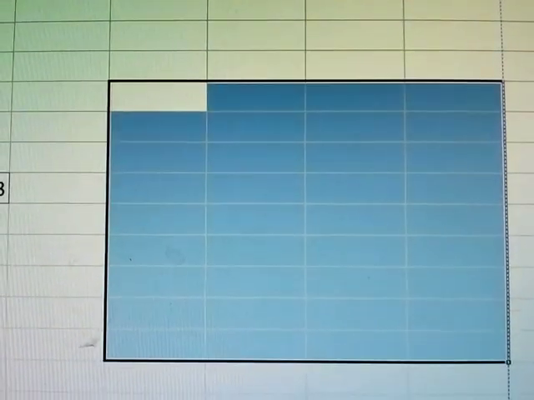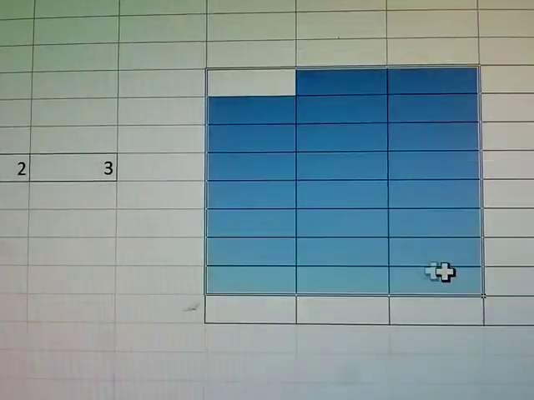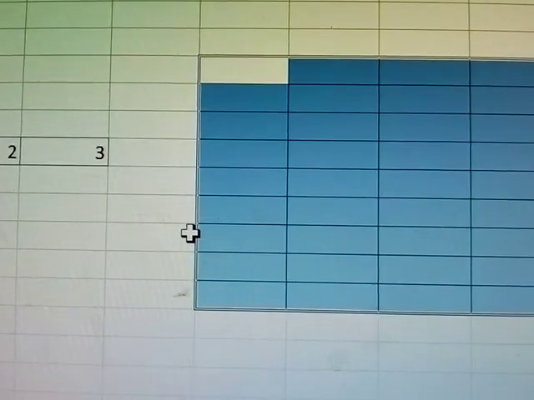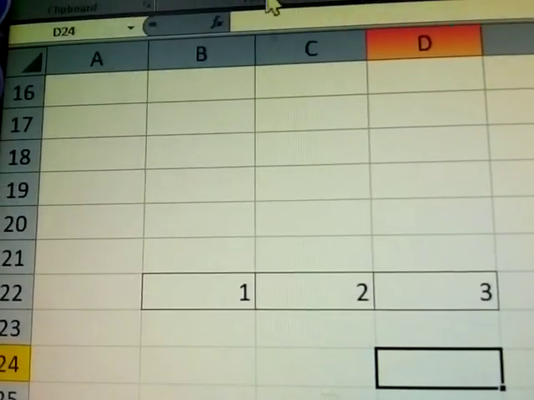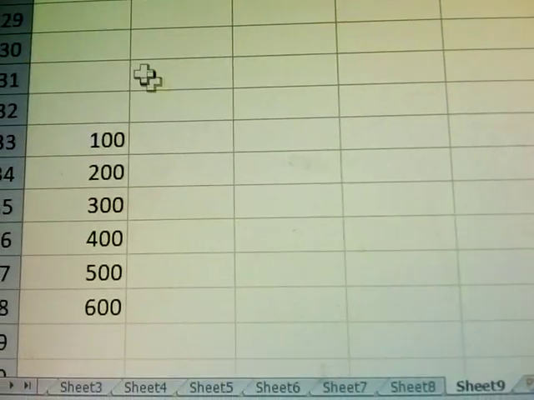See here also, this is a very big box. Now give the borders. See, these grid lines are very different. Understand, this is very important in borders. Next border is the outside border. What is the outside border?